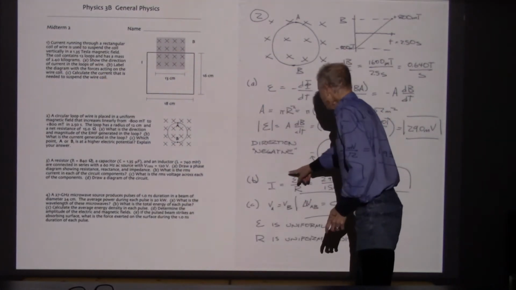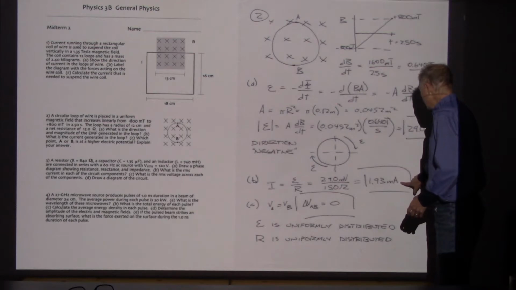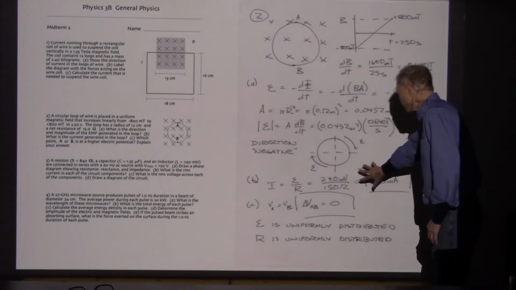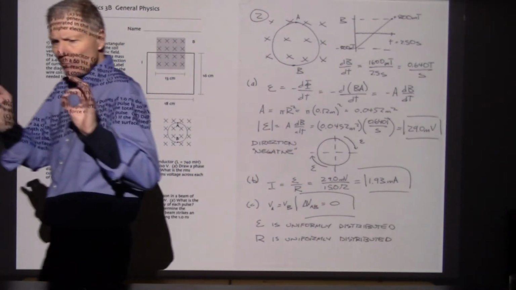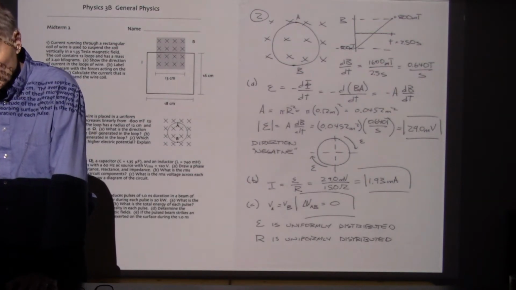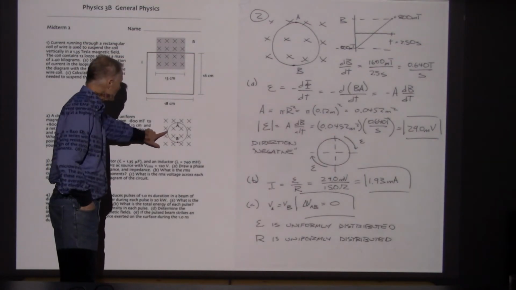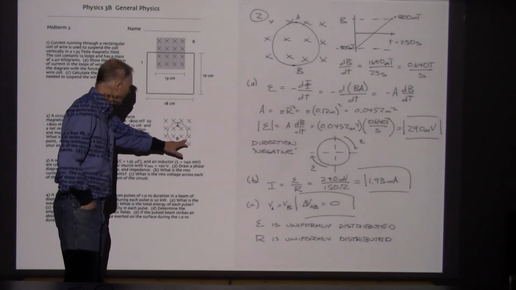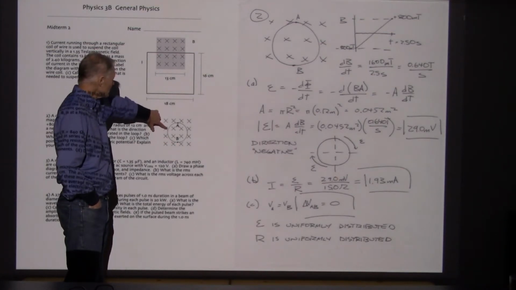So they want us to calculate how much current, and we can take the voltage, divide through by the resistance. It says 1.93 milliamps. So this should be pretty straightforward. Now, in part C, it says, if I pick 2 points on the circuit, which would be at a higher electric potential. Now, this is a bit tricky because if I've got an electric field set up in circular loops here, you would think that's going to guide us in the direction of